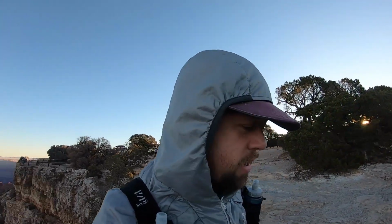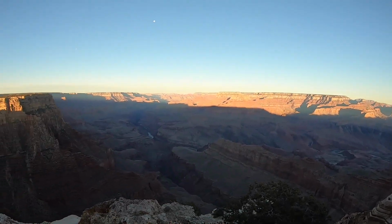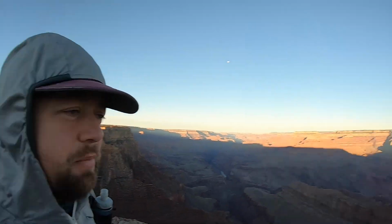It should be about 33, 34 miles, something like that. About 7,000 feet of elevation change. And I've never done either of these trails before, so I'm very excited. It is chilly right now. It's about 30 degrees. A little windy here at the rim, but it should be pretty nice once we get